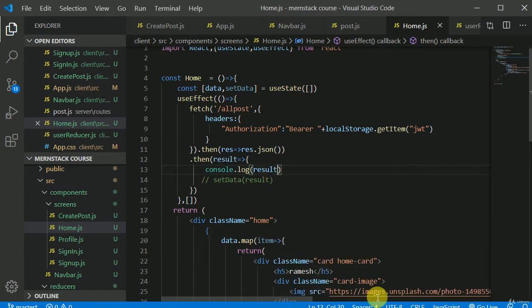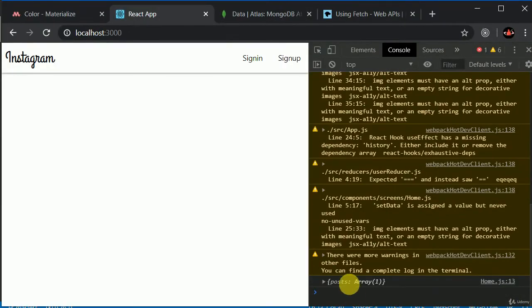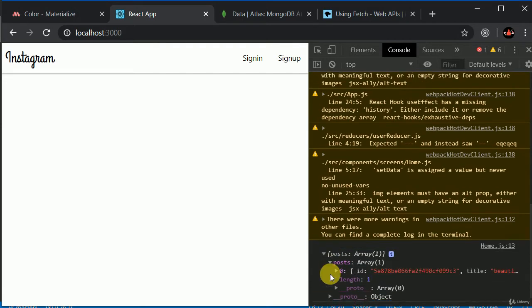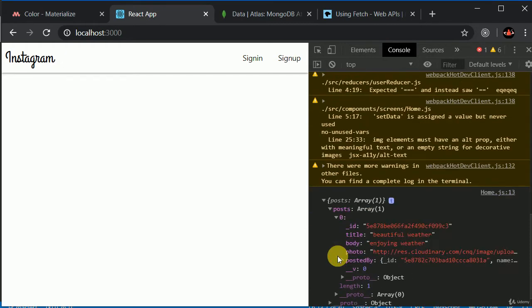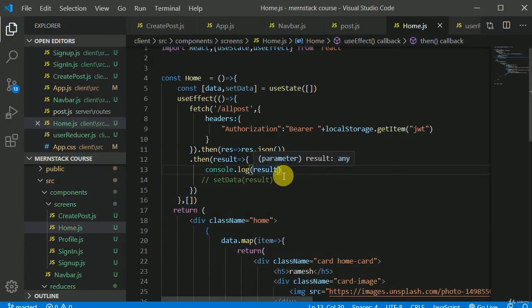Let's see what we have in this result. Okay, so we have post. Oh, my bad, this is not an array, this is an object. Inside this object we have array. My bad, that is why we are getting an error. Okay, now in this post we have array and we have only the one post, okay, I got it. I can get rid of this result